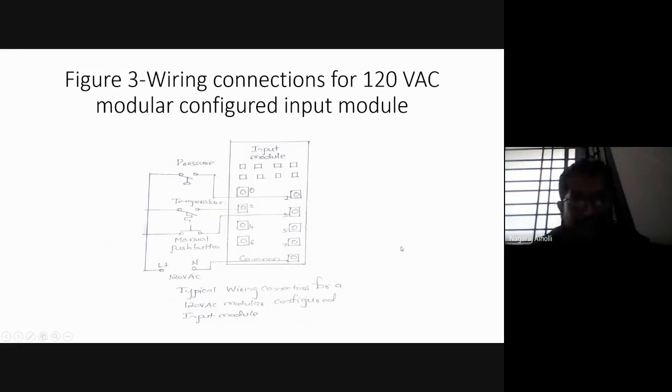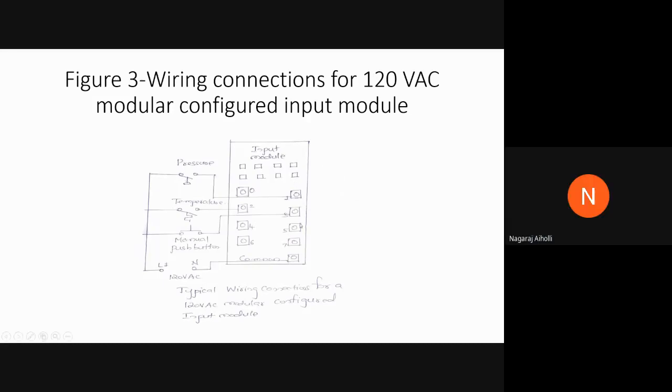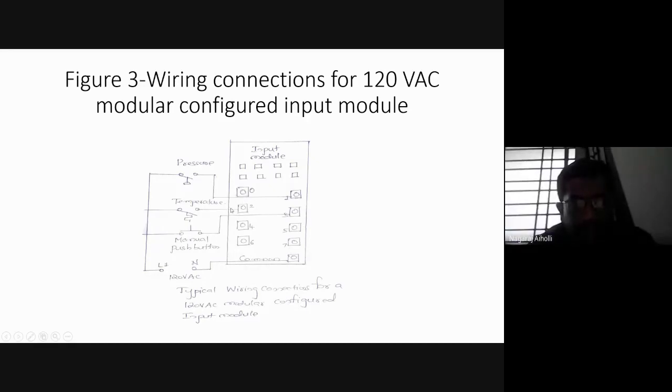So like this, how many inputs can you connect here? Can anybody tell me? If you look into this figure, how many inputs can be connected maximum for this particular arrangement? Look into this input module. How many terminals are there here? One input terminal, I am connecting it to the pressure switch. 8, very good. 0 to 7, fantastic. So 8 input terminals. So we can connect 8 such input sensors, that is input devices, input components.